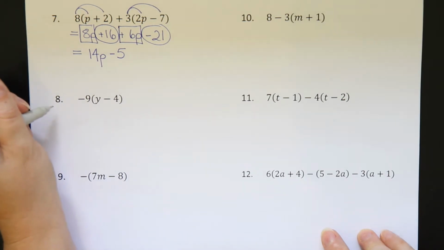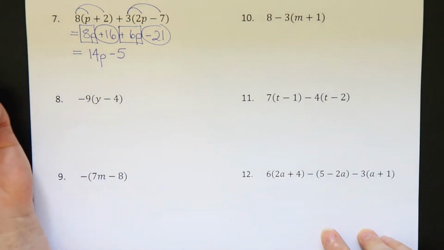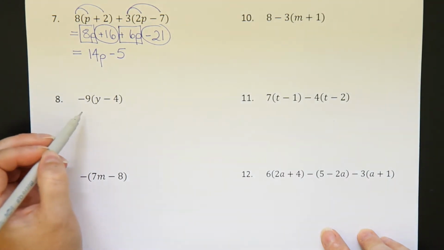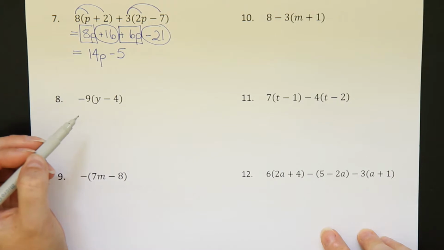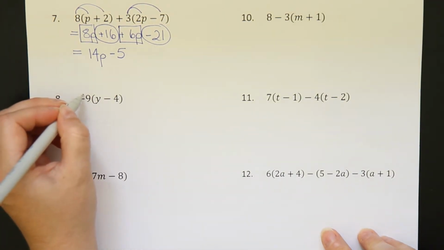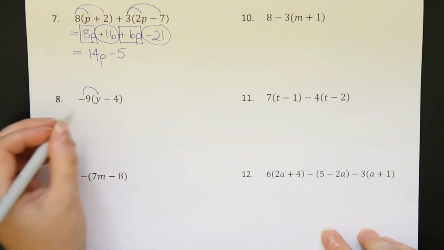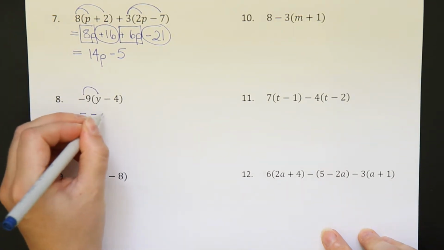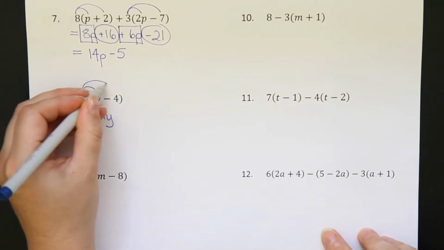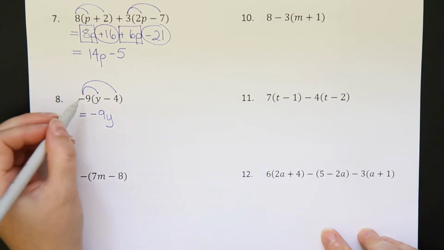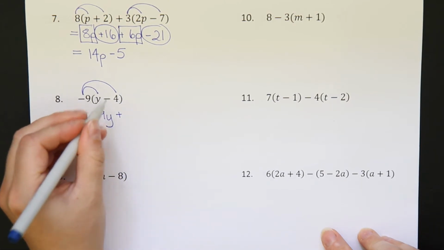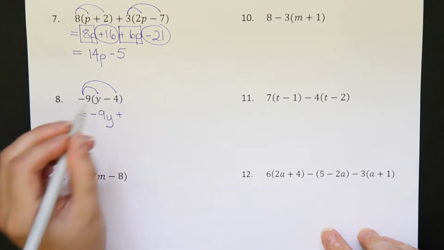Okay, question 8, it looks a bit more simplified again, but I've made this a little bit easier because we are now putting more negatives into the question. You always have to be a little bit extra careful when there's more negative signs around. I need to multiply minus 9 with y. Minus 9 times y is minus 9y. Then I have to multiply minus 9 with minus 4. Remember, when you multiply two negatives, it will become a positive. Minus times minus makes plus. 9 times 4, 9 fours